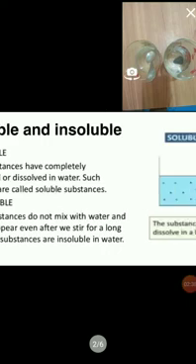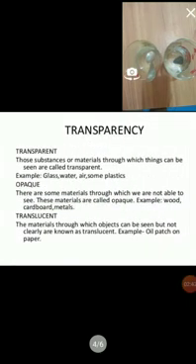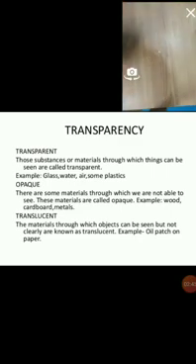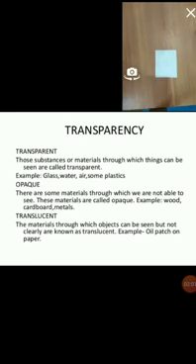Thank you. We'll learn about the next property of the material, that is transparency. We'll learn about transparency with the help of an experiment that I'm going to show you. Here I'll take some material, like this piece of paper.